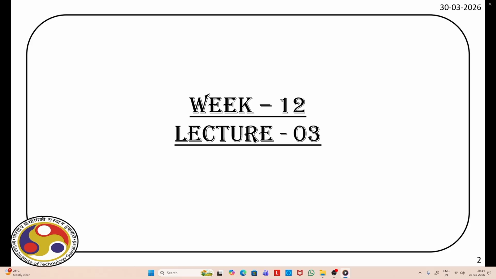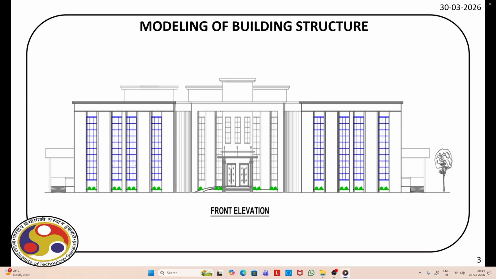In this lecture, we are going to model a full-scale building. Now, you can see the front elevation of this building. It is a two-storied building and the building is having a frame structure. We are going to model this using finite element framework. Now, in this course, we are not going to study finite element method, but we'll see how we can use the software to model this complete building, and we can do different types of analysis that are necessary for design.